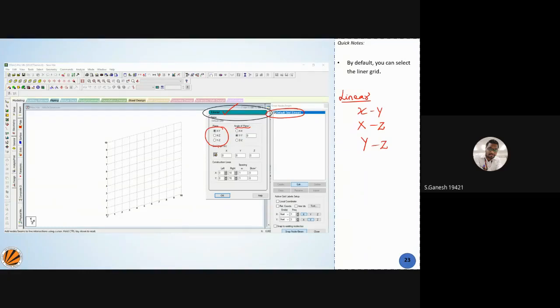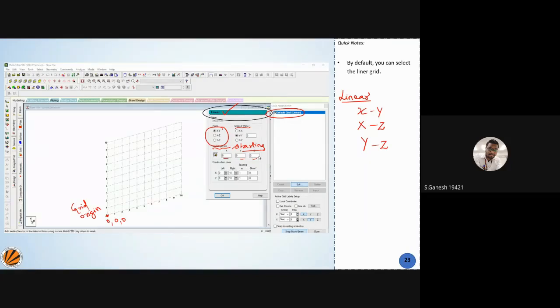The second thing you want to know is your grid origin. What is my starting point? Where is my starting point, what is the origin? That is called the grid origin, and the grid origin is here. The starting point is 0, 0, 0, meaning x, y, z are all 0 there. Up to here you are aware of it. Those who have worked on STAAD Pro previously, I hope this part is clear to you.